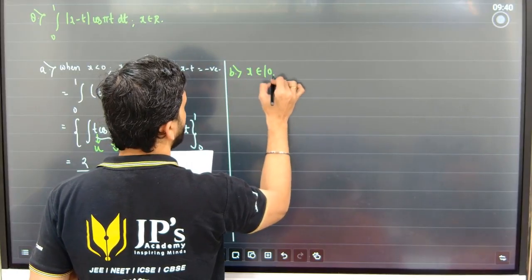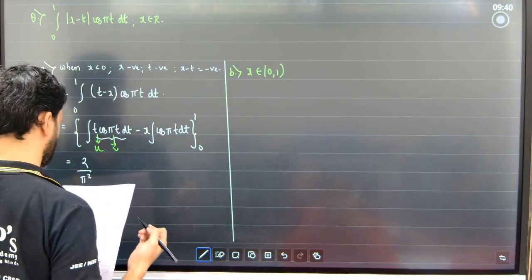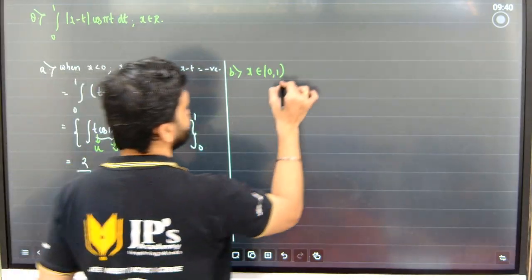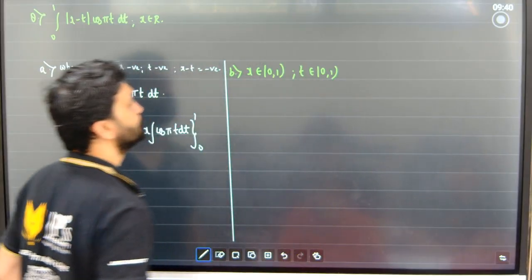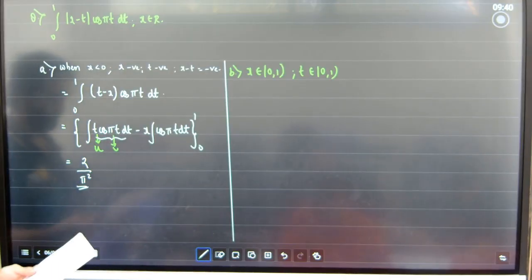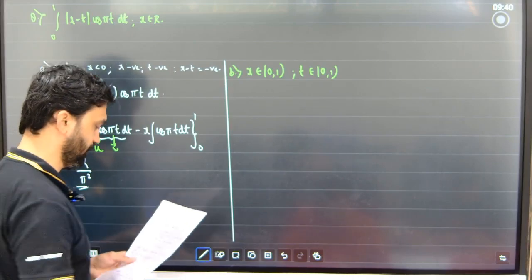X belongs from 0 to 1, and t also belongs from 0 to 1. Okay, x belongs from 0 to 1, t also belongs from 0 to 1. Now when I solve this,